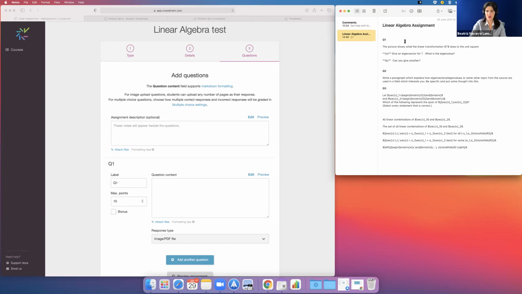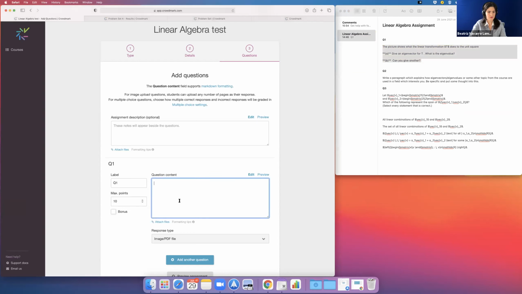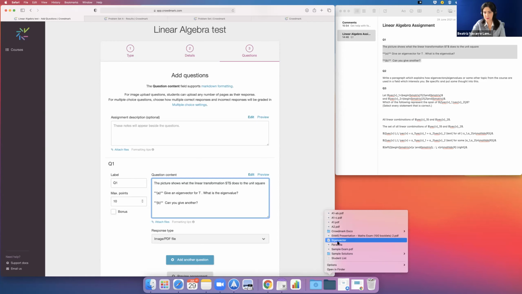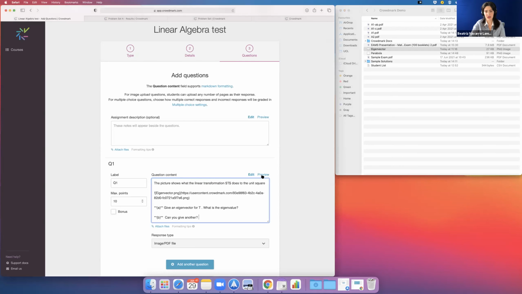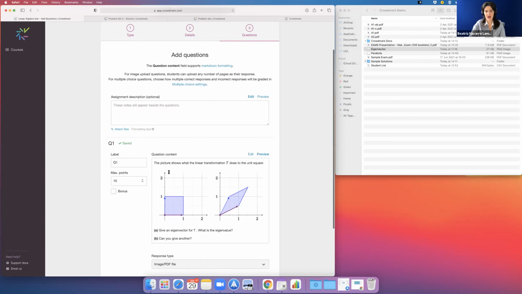Okay, you do this. And now here we can add our own questions. I have some questions already created. So this one, for example, I'll just type it here. For this one, I want to add an image. So if I put my cursor over here, I can then go to my files. It's in Finder, and I will choose this one here, and I'll just put it over there. And now, if I click on preview, I see that I have a question with the image over there. And here it supports Markdown for editing.